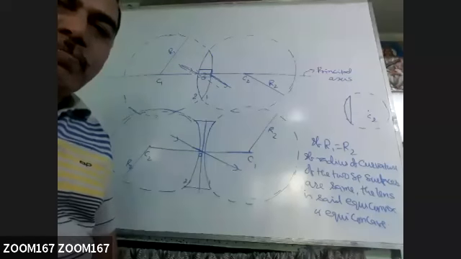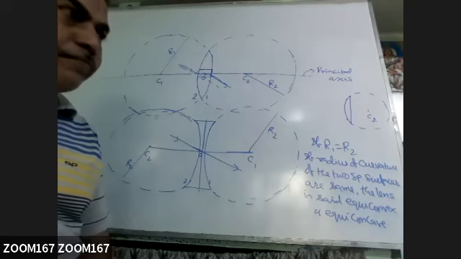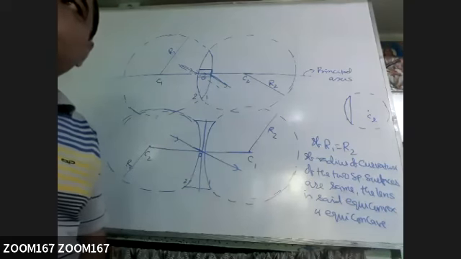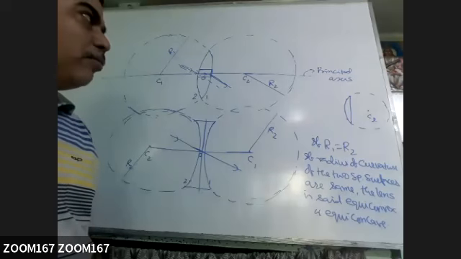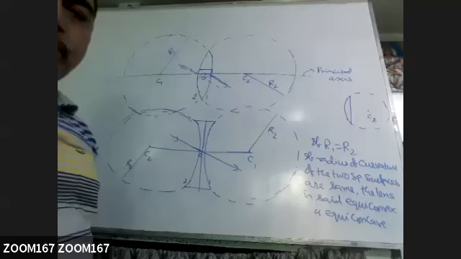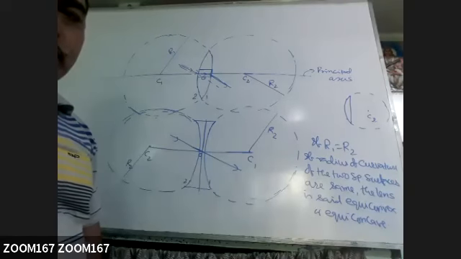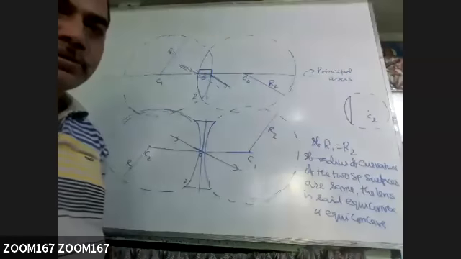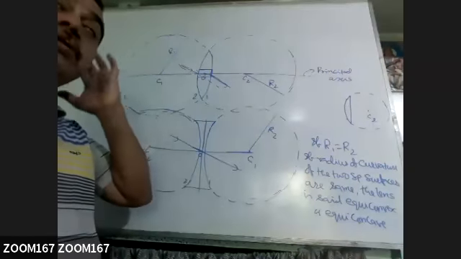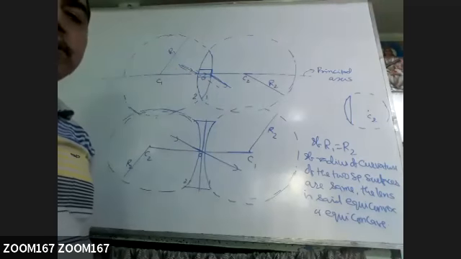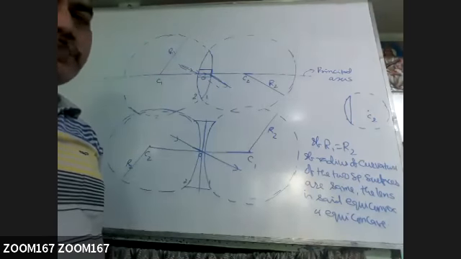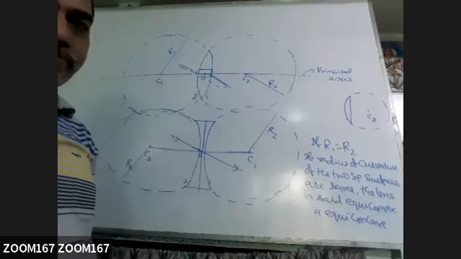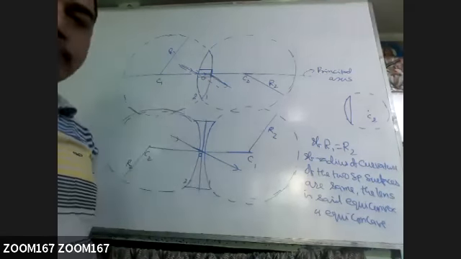So what is the meaning of biconvex? Biconvex means both the surfaces are bulging out. That is, these two surfaces are convex. Plano-convex means one surface plane, other surface convex. So biconvex means both the surfaces are bulging out. That is, both are convex surfaces. Both are spherical and both are bulging out. That is the meaning of biconvex.